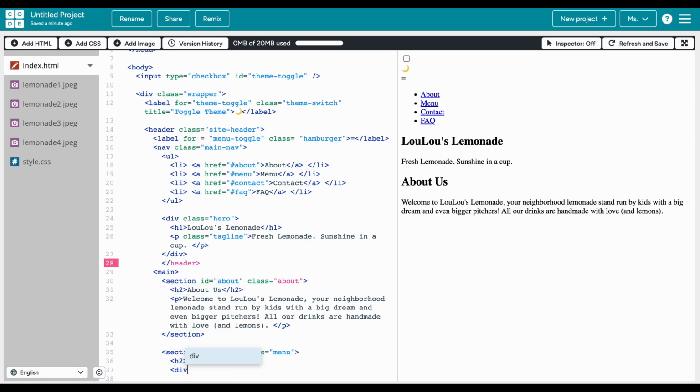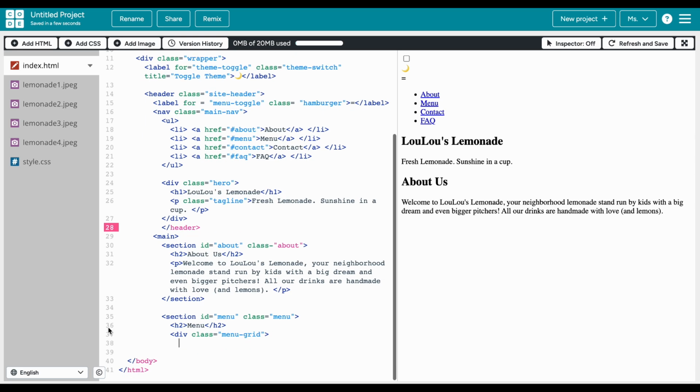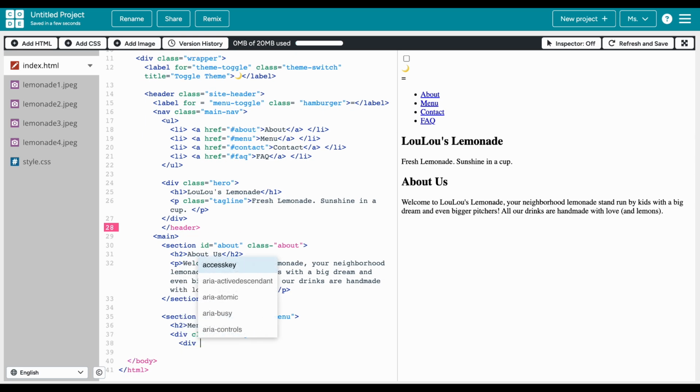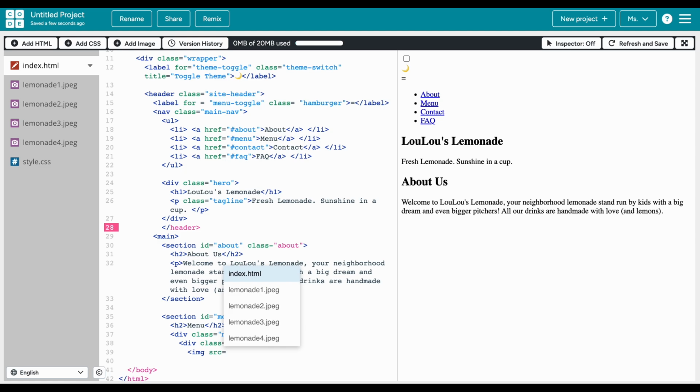And now let's do a division class so that our menu would appear in a grid layout, menu-grid. And we'll also do a division class so that it will appear as a card instead of a blocky image, so let's do card. And then now we can add our images. So image source equals